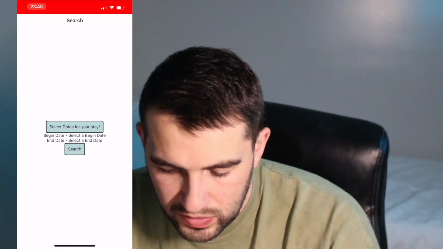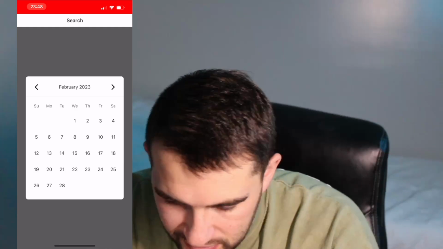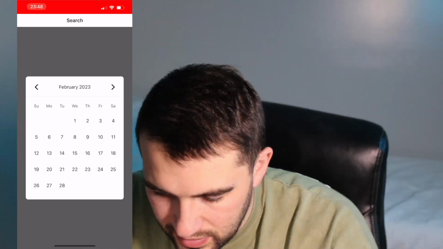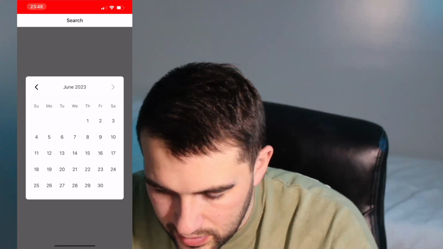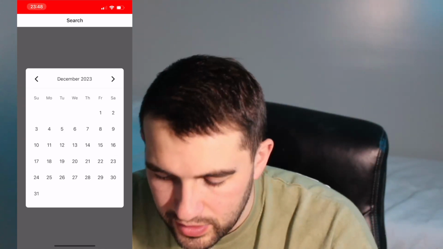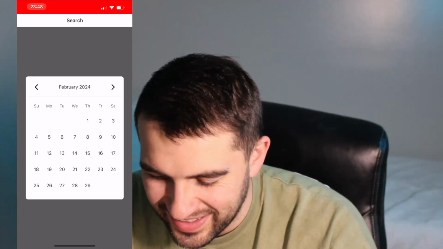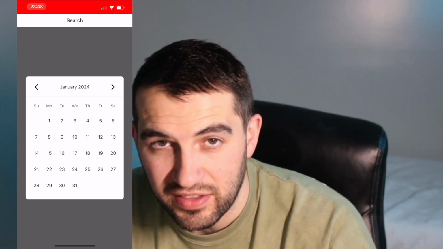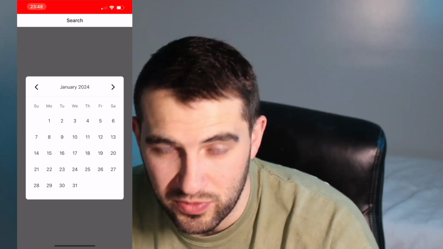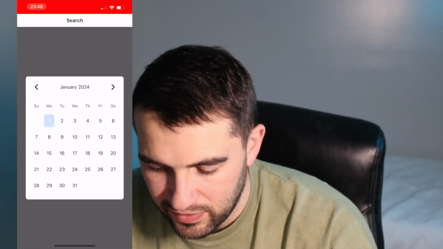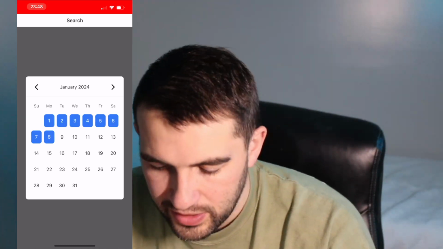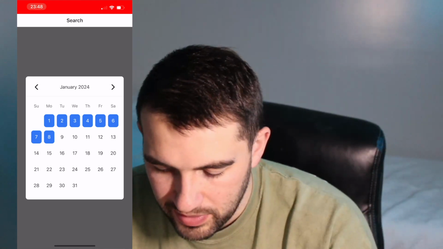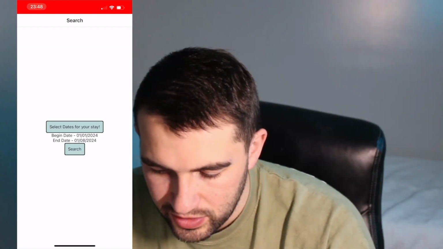If I just click on it, this opens up the same screen that you saw on the emulator. So if I just click some select dates, I can go all the way over here to 2024 because fun fact about Disney, you just about need to be planning this far ahead to get the rooms that you want. So if I just say the first week in January of 2024, come back over here and do a search,